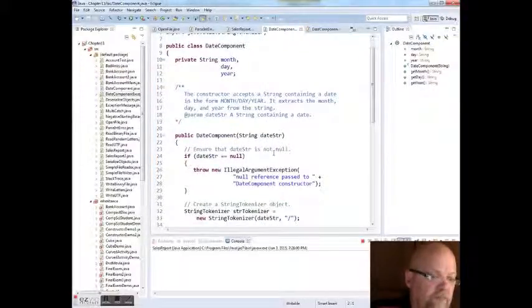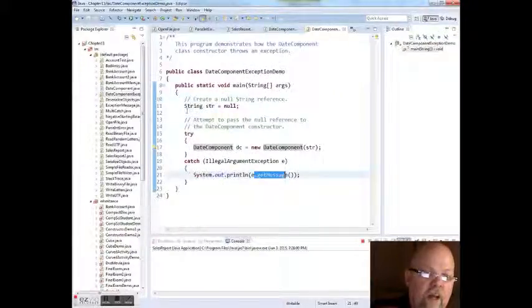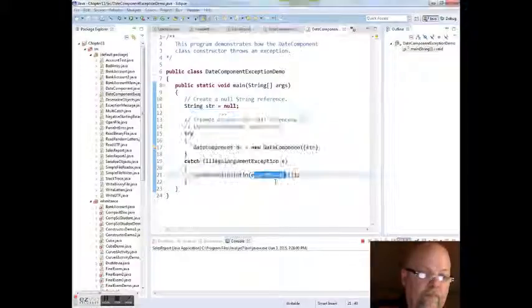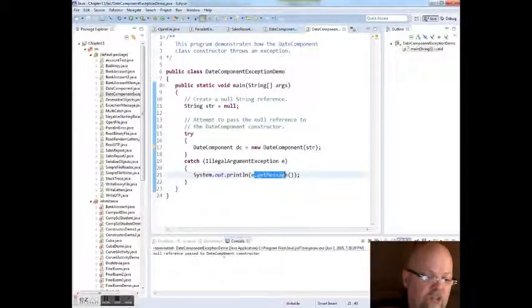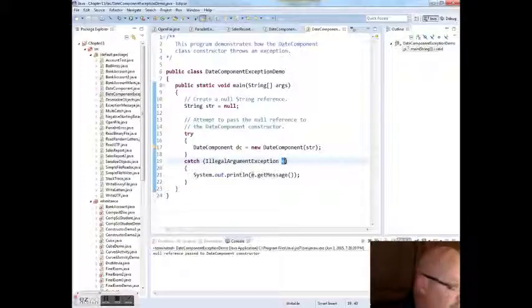So if the date string is null, not a problem. So here is string null, so right now we know it's going to be null, so it's going to capture the error. So if I run it, it comes up and says null reference passed to a date component constructor. So right here I've got my get message. And again, that's provided for us